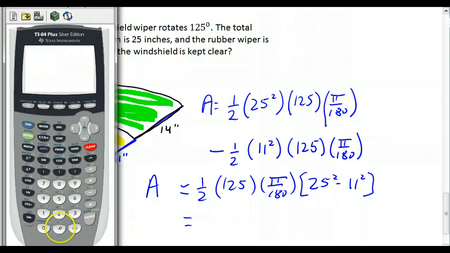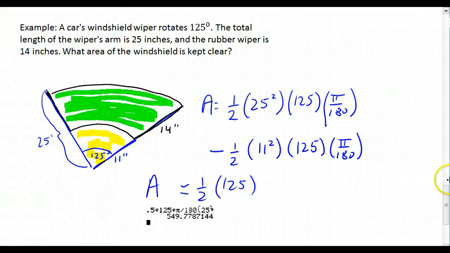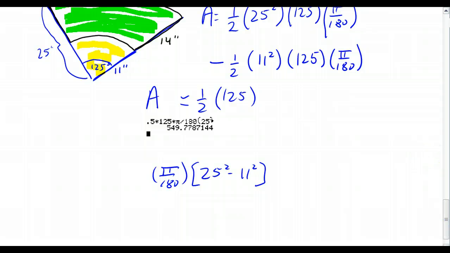So here we go. 0.5 times 125 times pi divided by 180, and then parentheses 25 squared minus 11 squared, close parentheses, and we get that the area that the windshield wipers clear out is approximately